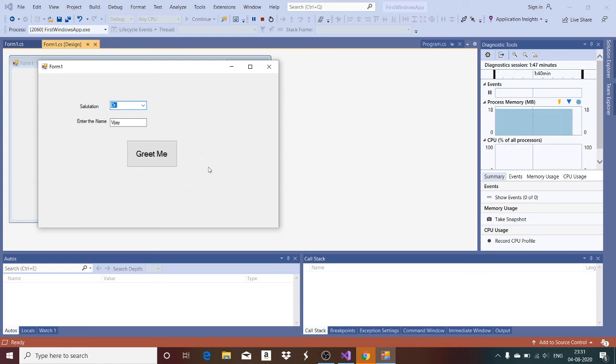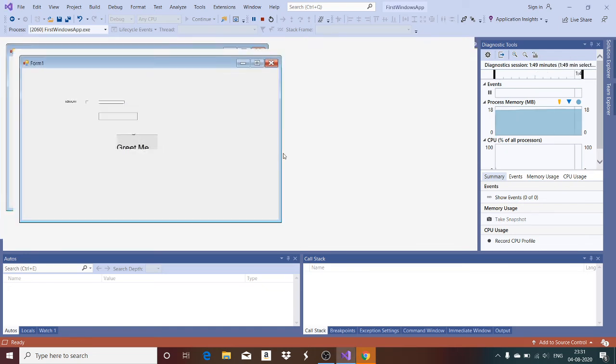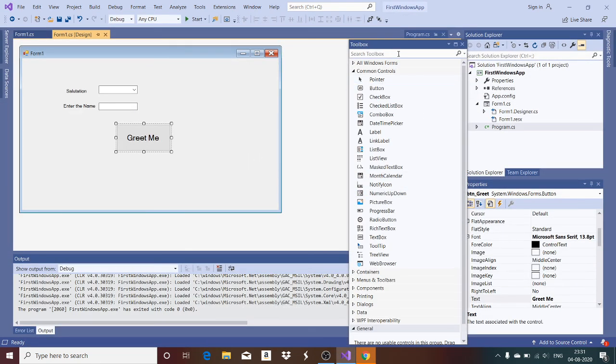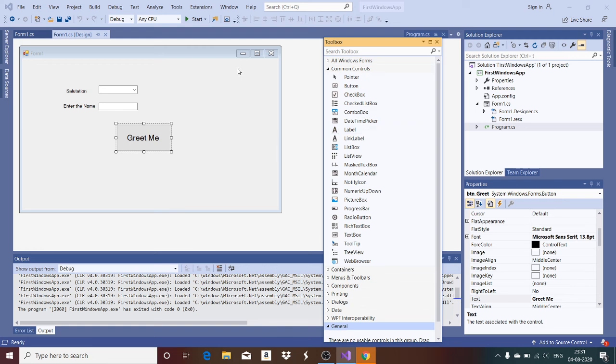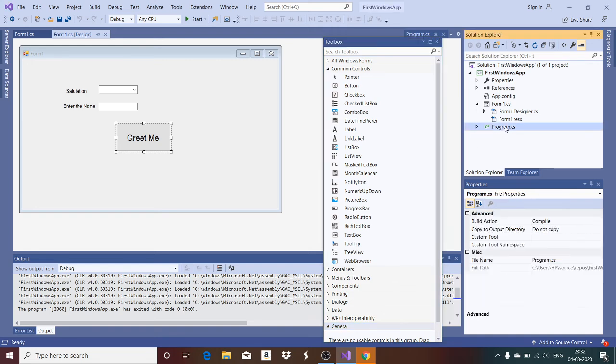Okay, so this is how the properties window is made use of for changing the data that is available in this particular user control. And now one more thing that we have to understand here is program.cs.